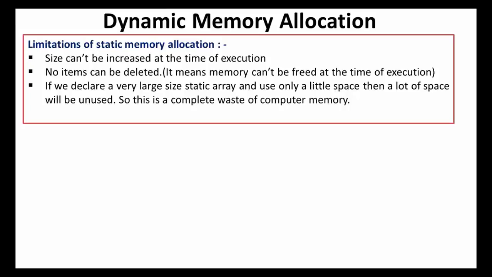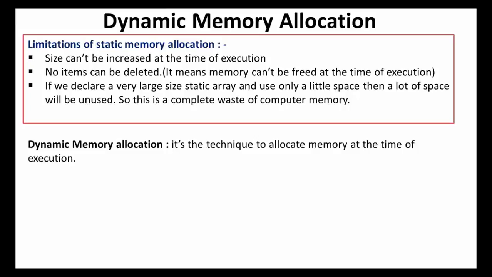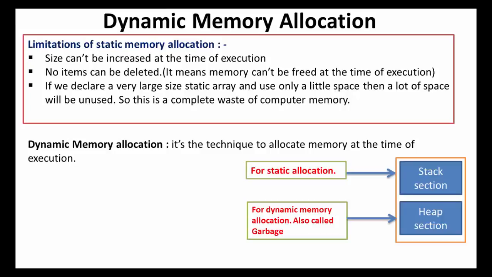So how can we overcome this problem? To overcome this problem, we can use dynamic memory allocation. So it's the technique to allocate memory at the time of execution only. Now, if I consider the given memory for a program, it can be divided into two logical sections. One is the stack section, another is the heap section. So stack section is basically given for the static memory allocation, and heap section is given for the dynamically allocated